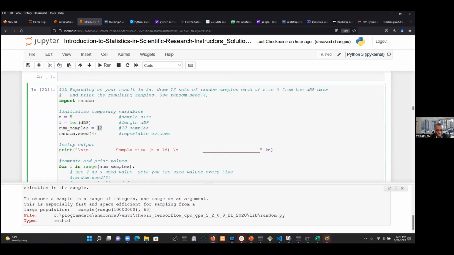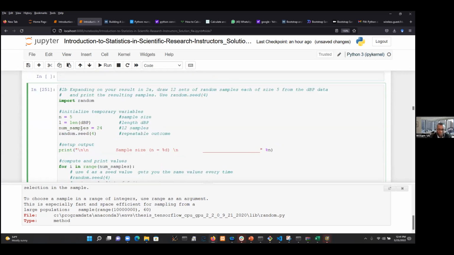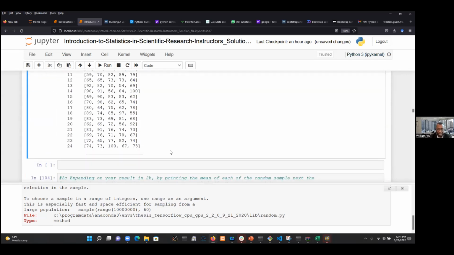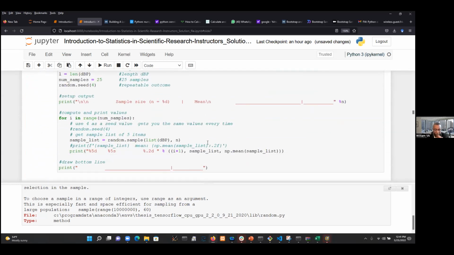I can do 25, just like Paul did. And I like actually parameterizing my code. That way I don't have to come in here and change it. So if the main code works, then all you do is just change the parameter. And now I can go to 24, and I have 24 samples. And I have 25 samples. Okay. So this leads us to Paul's next thing, where he defined